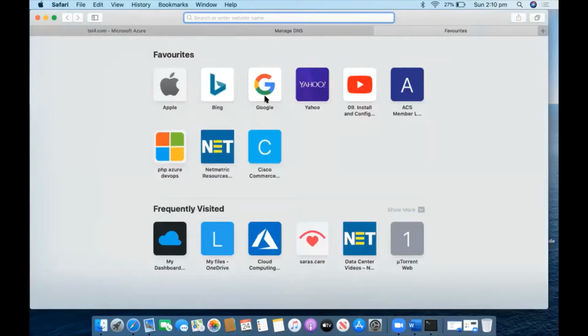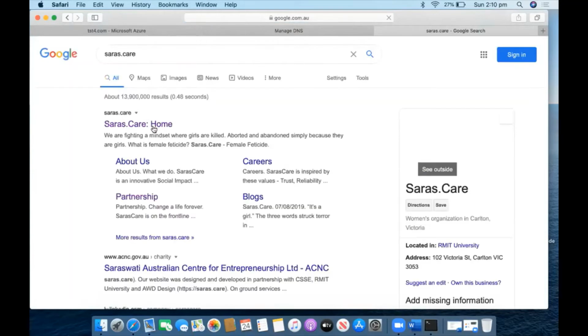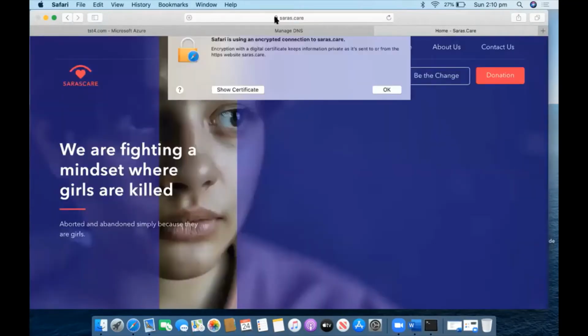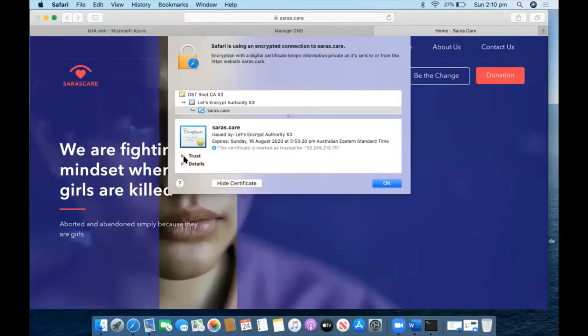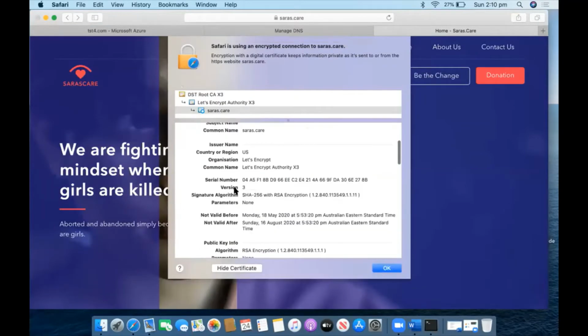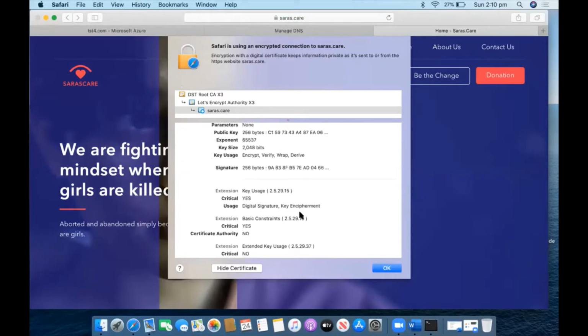So I will go to my particular website now because I have provided all the details. I click on this one. Here you can see the lock has been assigned. Show certificate, this is how it will come. After you provide those particular records, it will propagate for 1 hour. After 1 hour, it will be verified by the CA. Only after that will it issue you the certificate. Then you can import it.